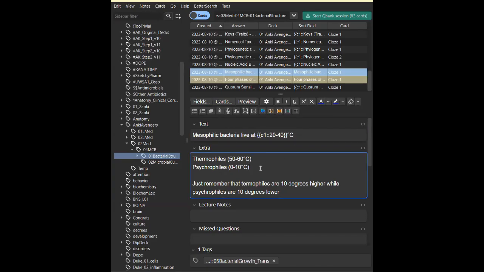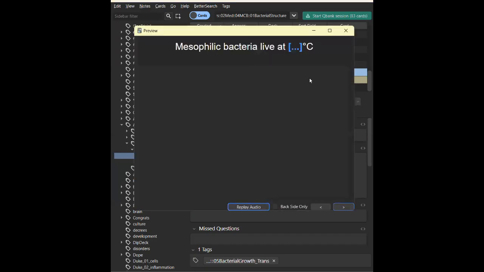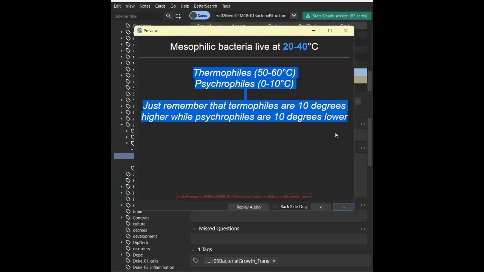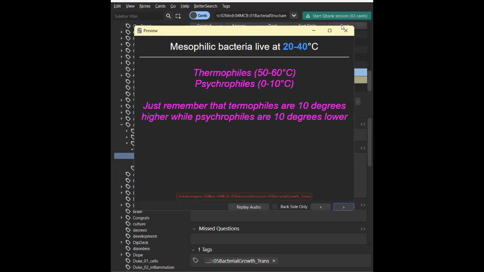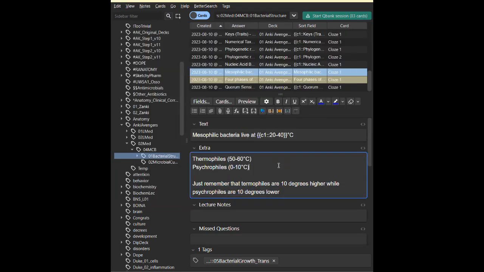Okay? You can see the pattern, right? This is just 10 degrees lower than the mesophiles, and thermophiles are just 10 degrees higher. So why would you want to make a card for all three when you can just make a card for mesophilic bacteria? Just memorize mesophilic bacteria. You'll know the range for the thermophiles and the psychrophiles as long as you know this concept. So it would just be like 20 to 40, boom. So this will already tell you the other information. You already hit 3 birds with just 1 card. I think that's a deal, right?